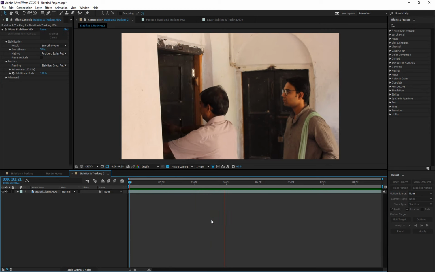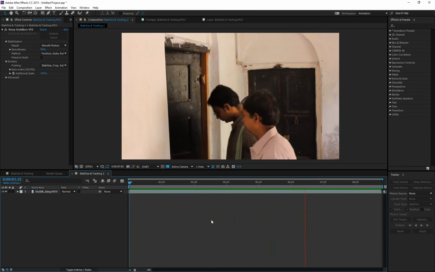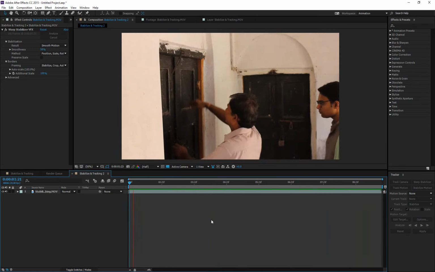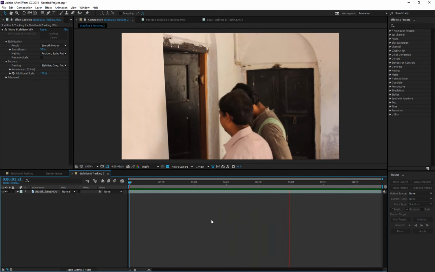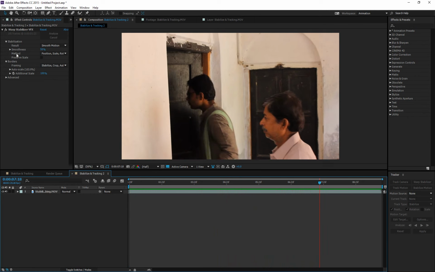So we have some camera movements, subtle camera movements, but if you have some unwanted jerks in your camera, it stabilizes completely and gives us a smooth motion. You can change the smoothness amount from here, and I really don't have any perfect example for it right now, but I have shown you guys that one shot of my film where I have a pan through that building shot, old building shot. There I had a lot of camera jerks and I have used this kind of